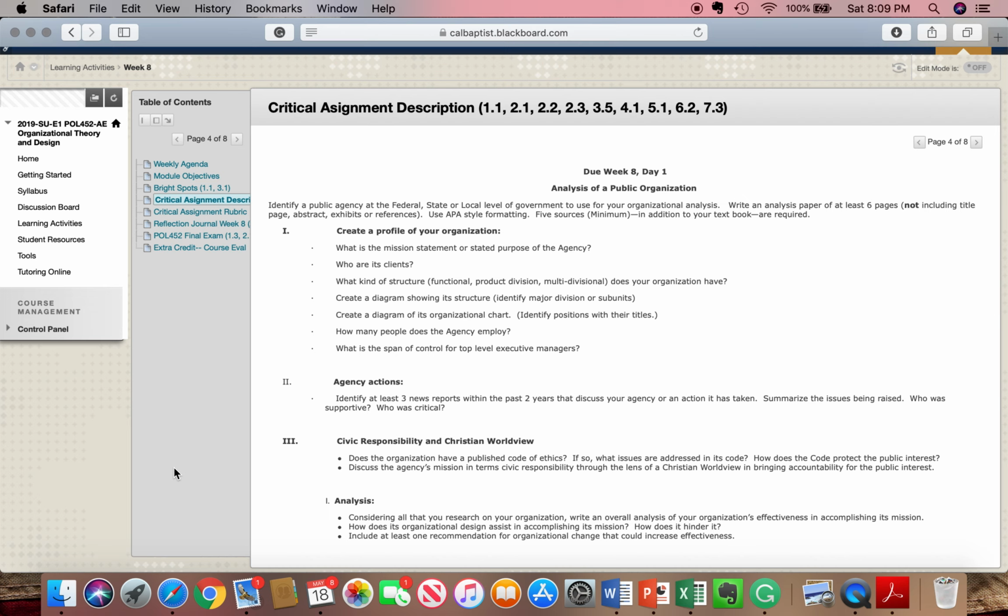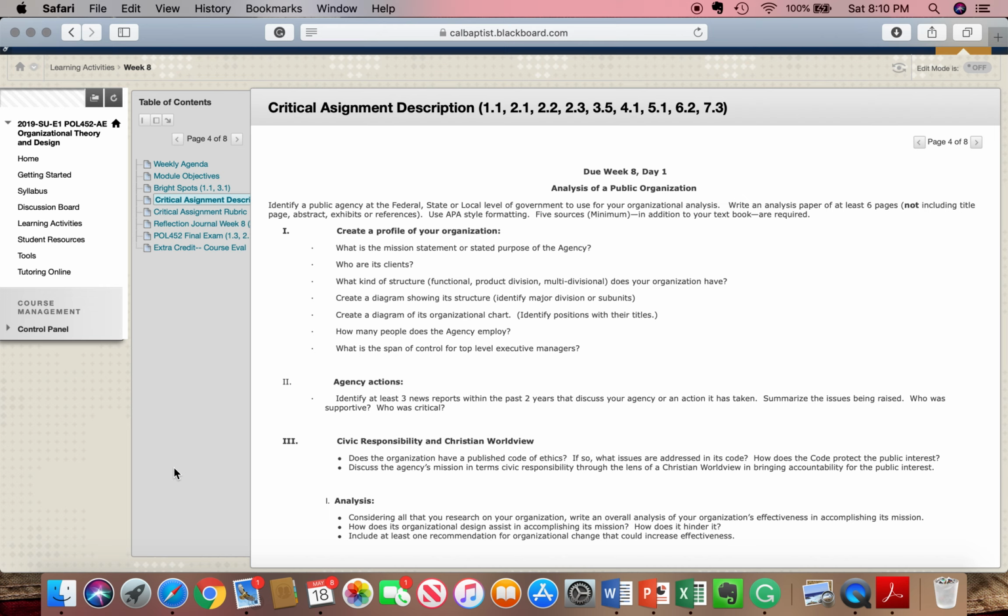Now, the one thing I want to add is that you don't necessarily need to choose an organization that is a stellar example of efficiency and effectiveness. For many of you, if you work in the public sector, your organizations might fall short, and that's just the reality. I know that I've done nothing but work for government organizations through my career, and many of them were very inefficient. Many of them were very ineffective. Many of them had multiple holes when it came to organizational structure and design. So don't think that you need to find this perfect organization.